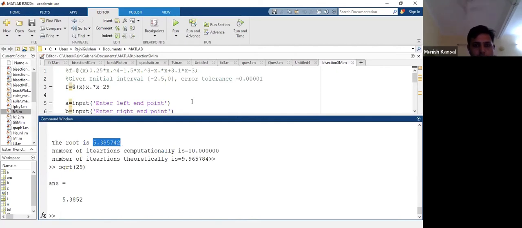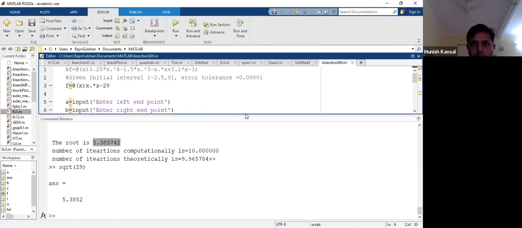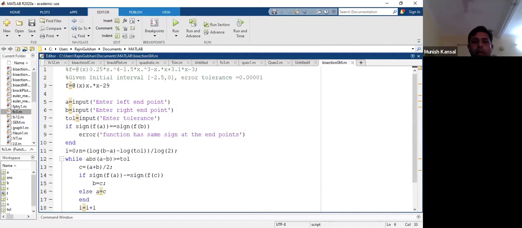This is how you can make a code. जैसे जैसे हम theory में पढ़ते हैं, similarly on the same parallel lines you try to write down a simple code. After making this simple code, you can make various alterations to it, right? Whenever you get good hands-on experience with MATLAB, you can go to advanced coding. Like you can make it a function file, plug in your input arguments, just call it in the command window and get the outputs. That is more sophisticated programming, but we are just focusing on the base programming here, that is how to write the bisection method in MATLAB with the help of the theory and simple commands, right?